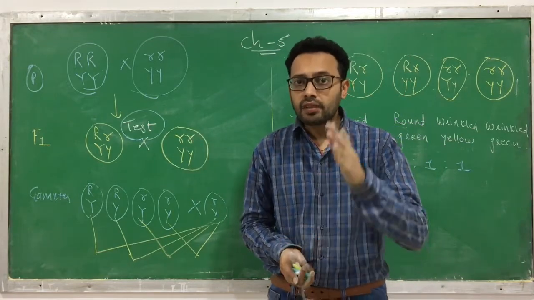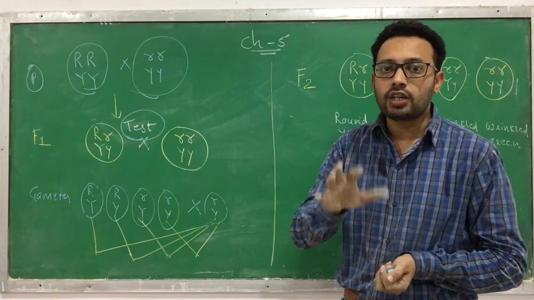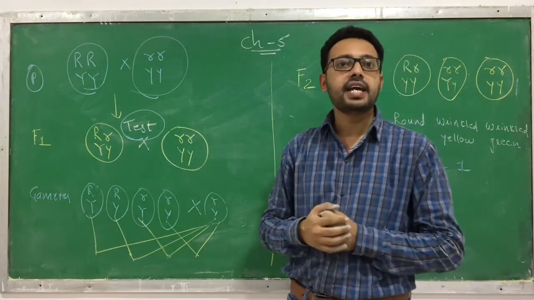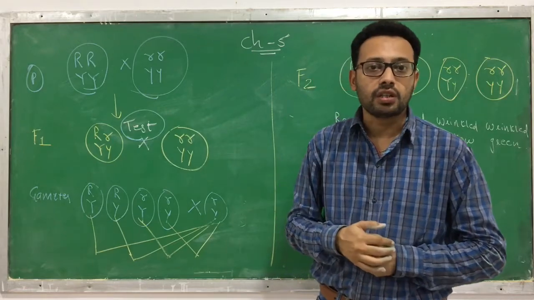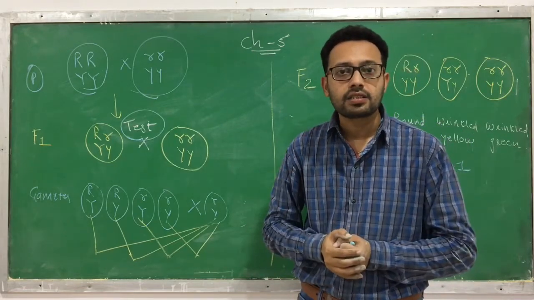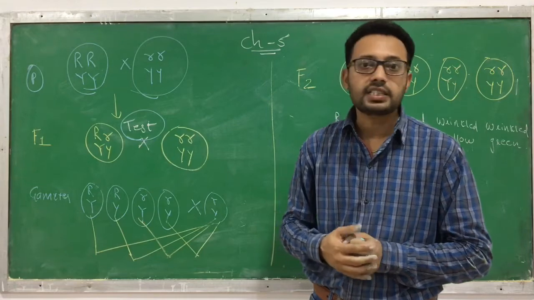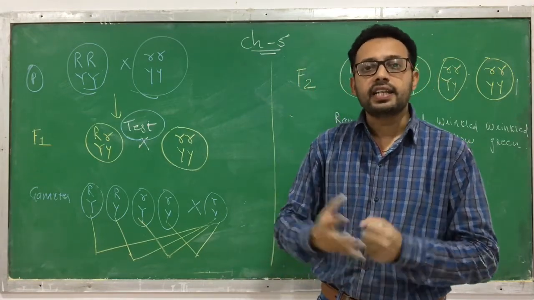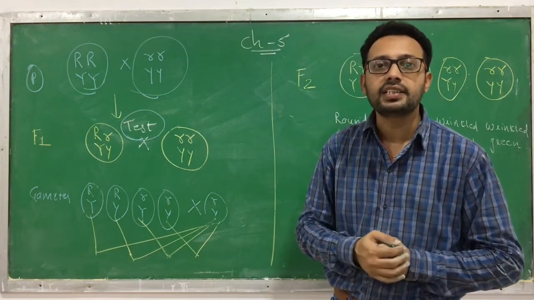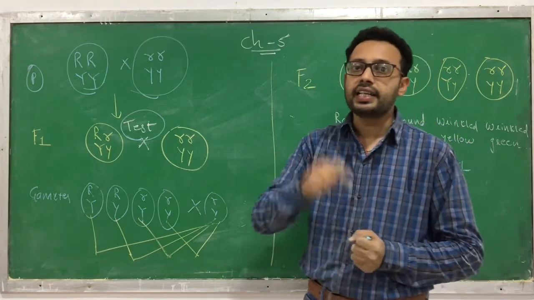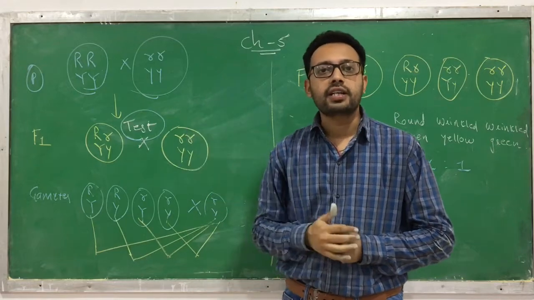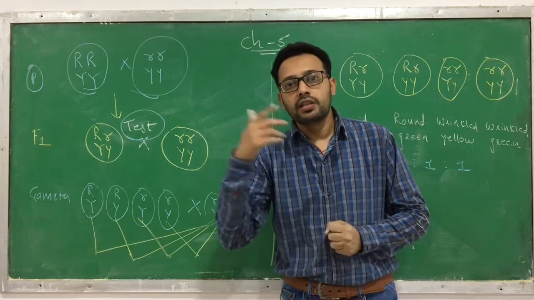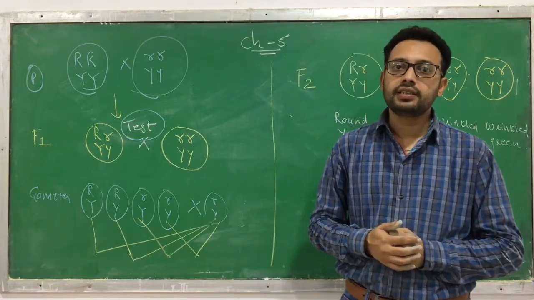Next time we will see that Mendel got the ratio 9 is to 3 is to 3 is to 1 in his dihybrid experiment in F2 generation, whether all scientists are getting this. I have already told you all the scientists are not getting the same type of result. Morgan studied and found something we call linkage and recombination. So we will learn this linkage and recombination, what Morgan performed in the fruit fly Drosophila melanogaster, next time.